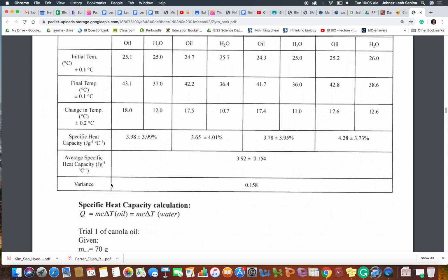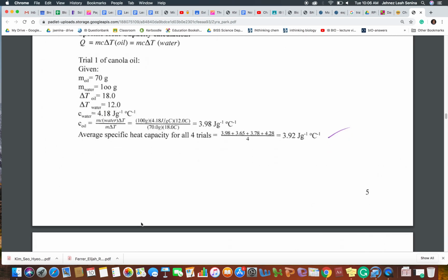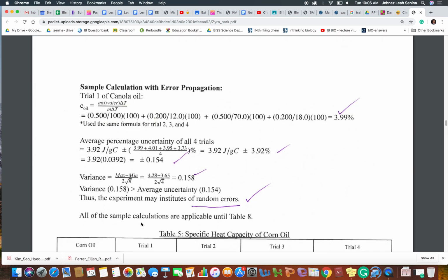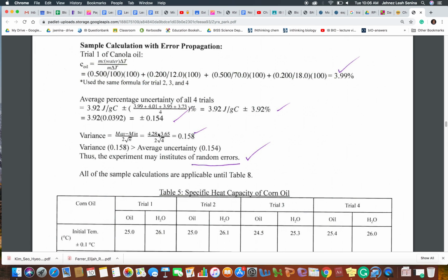So if we calculate the variance, the formula for the variance is, please remember, maximum minus minimum divided by 2 square root of number of trials. Write it somewhere or in your brain, try to remember. Maximum minus minimum divided by 2 square root of your total number of trials. So her variance is 4.28, that's the highest, specific heat capacity, minus 3.65 divided by 2 square root of 4